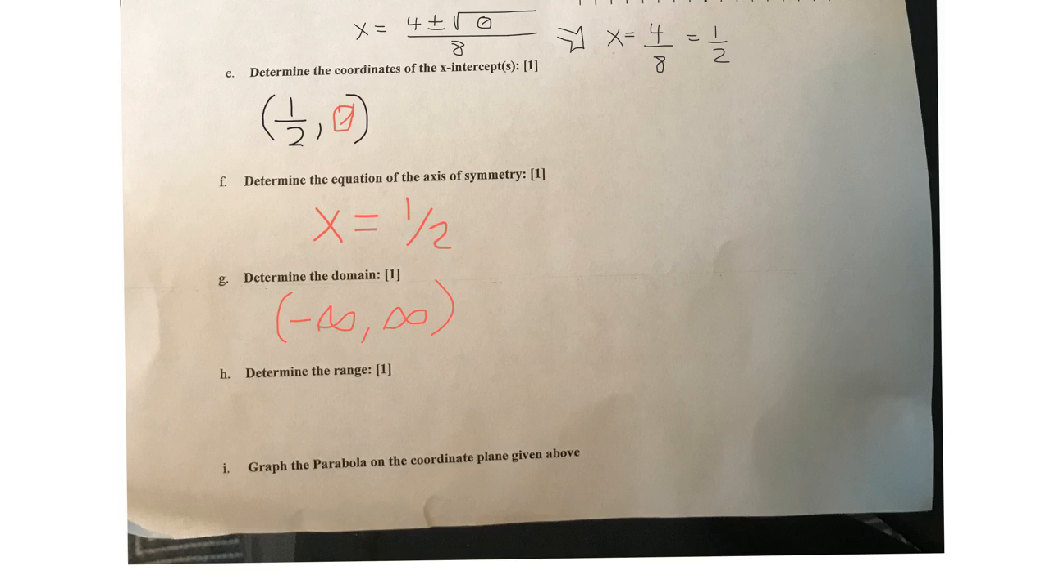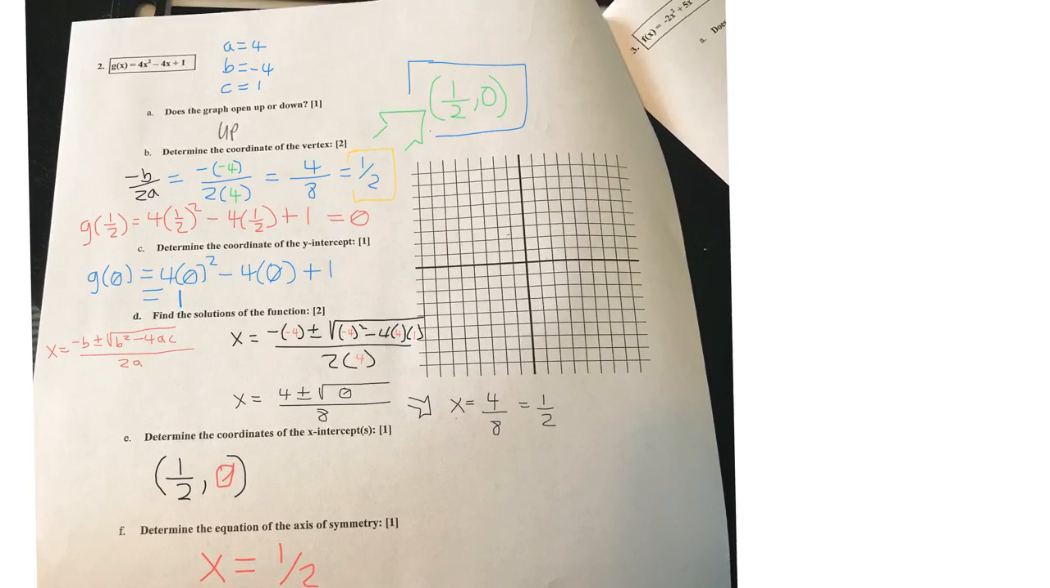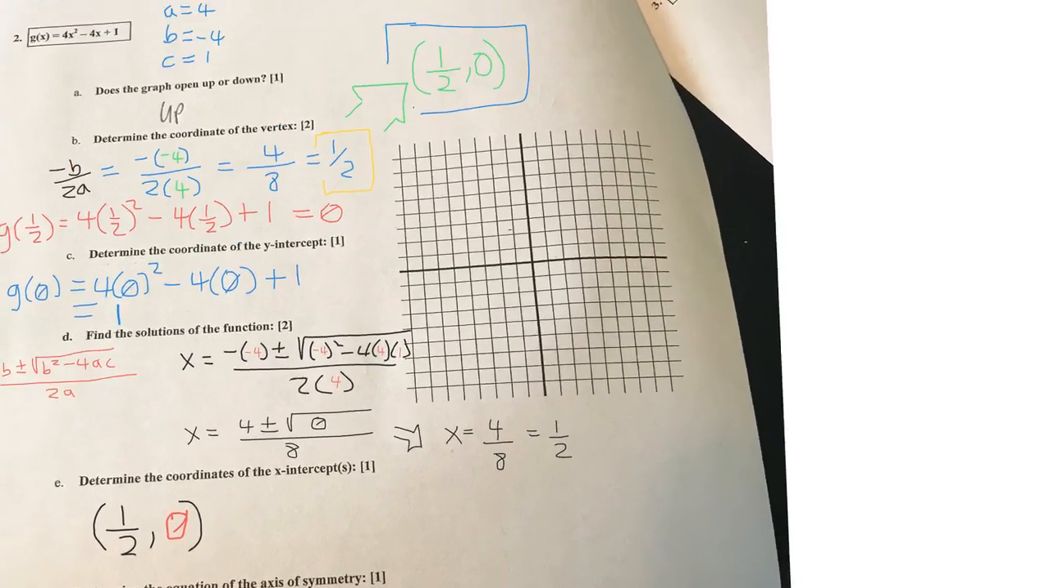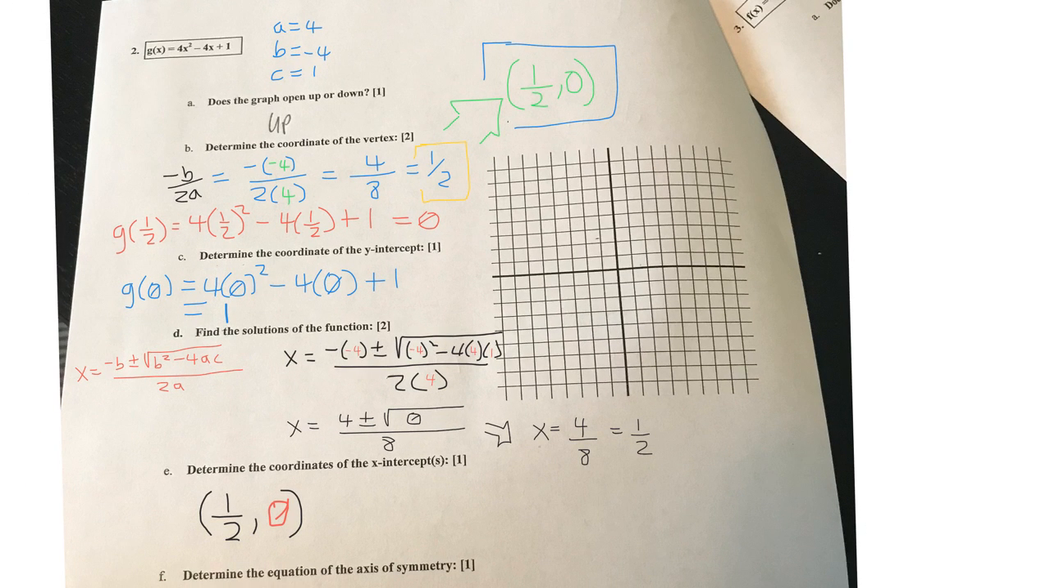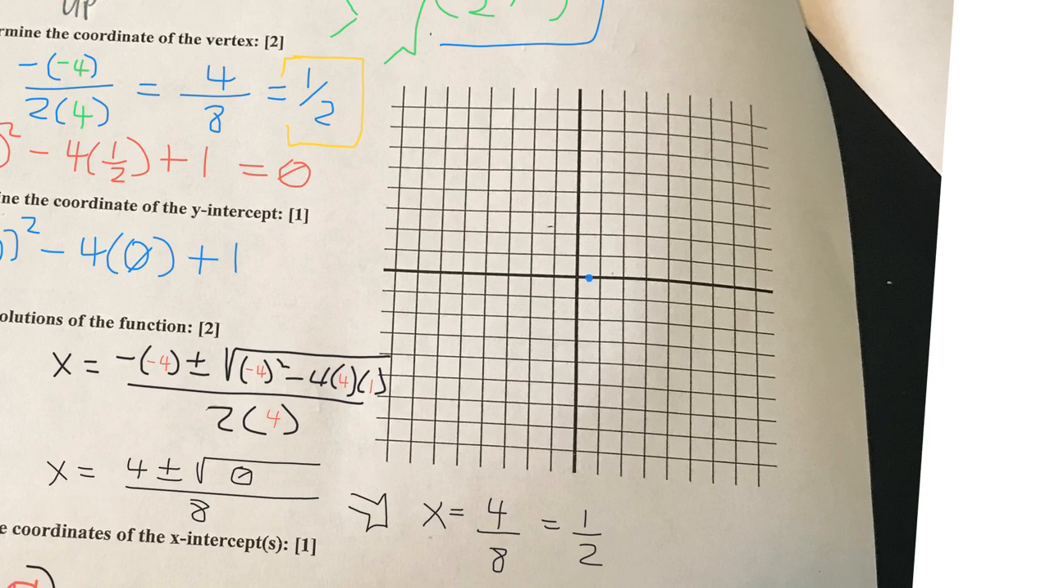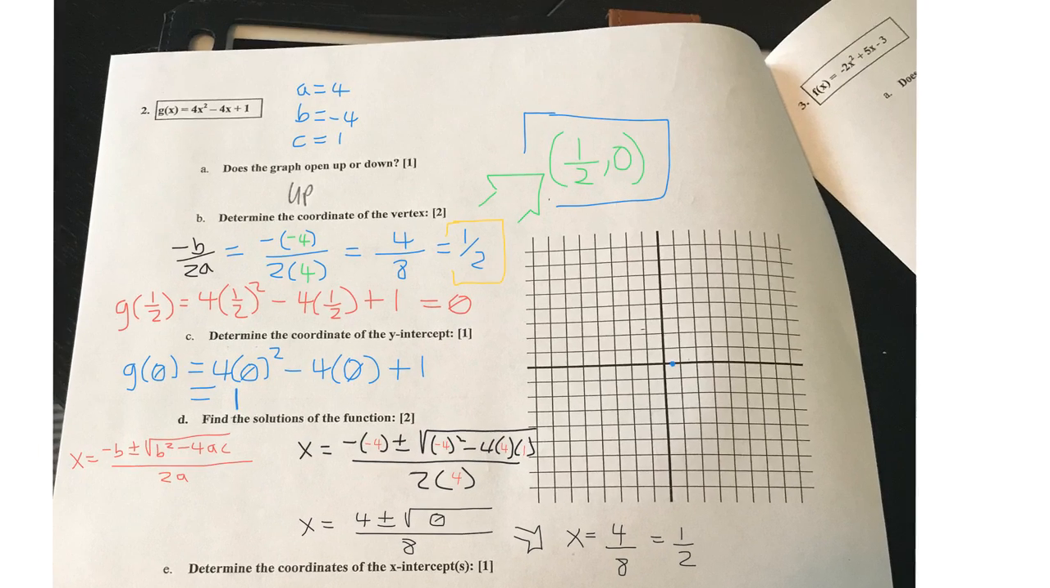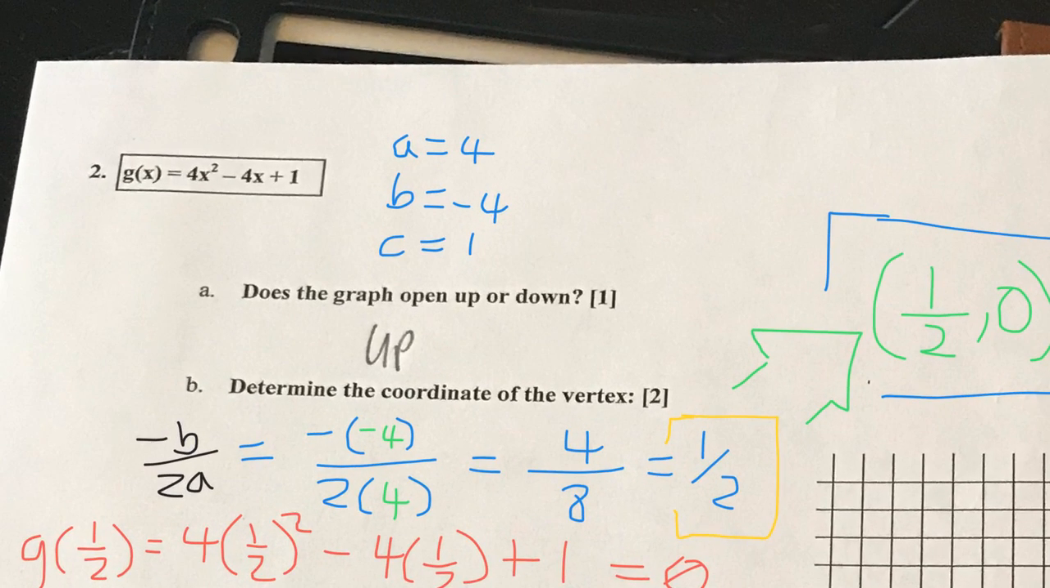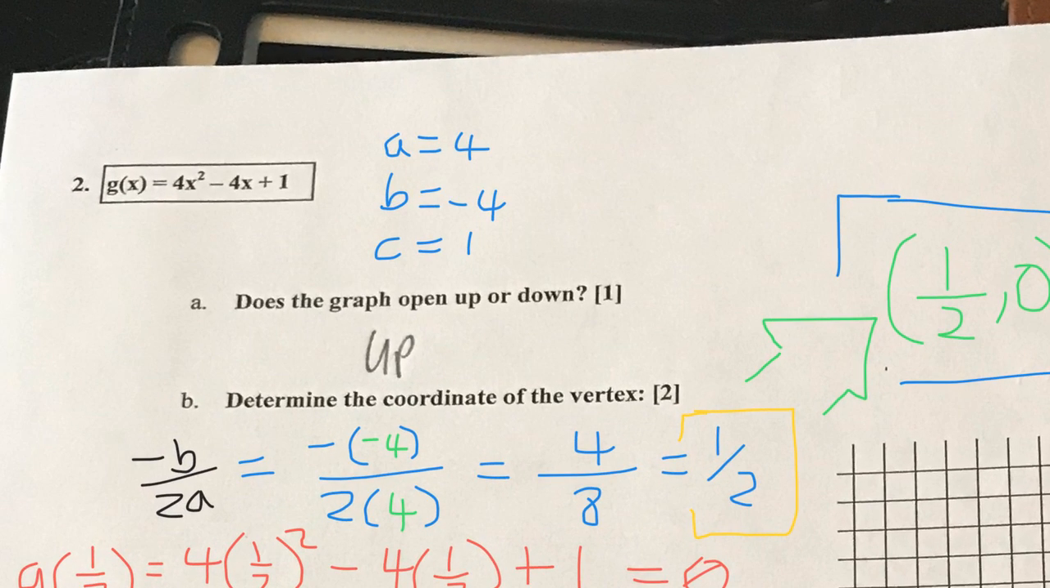Determine the range. So now, when we determine the range, I'm going to once again advise graphing this thing first. So we do have enough information to graph this. The vertex is at 1/2, 0, so we're going to graph that first. Here is 1/2, 0. And what else do we have going on? Let's see. We know that it opens up,